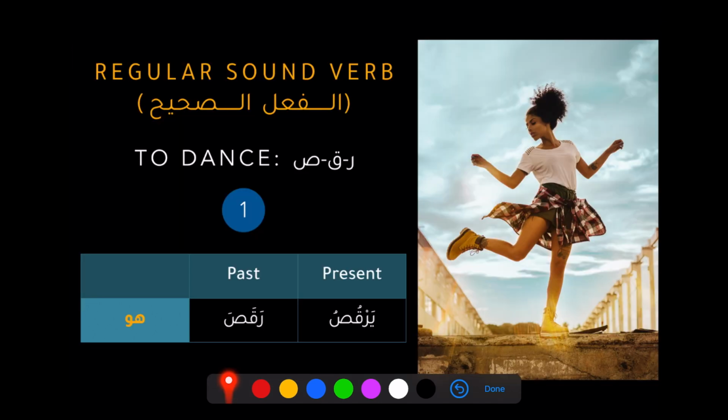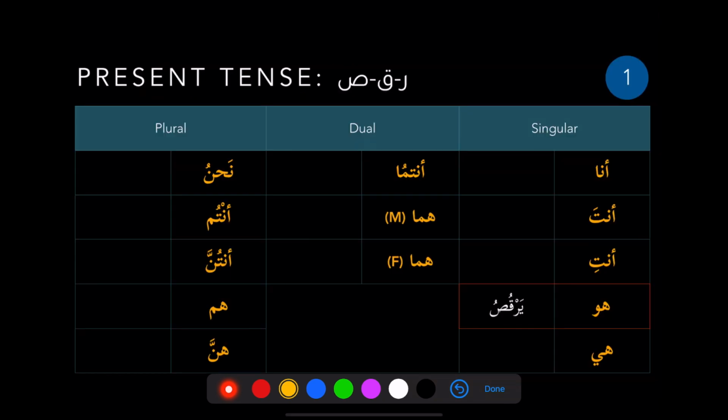So let's get started by conjugating the verb raqasa yarqusu in the present tense. When I conjugate a verb, I like to start with an empty chart with only the huwa pronoun filled in, which I got from the dictionary. I'll go through each conjugation and then we'll break down the changes and understand how the verb transforms for each pronoun. Let's start with ana arqusu, anta tarqusu, anti tarqusina, huwa, which we have filled in, yarqusu, hiya tarqusu, أنتما